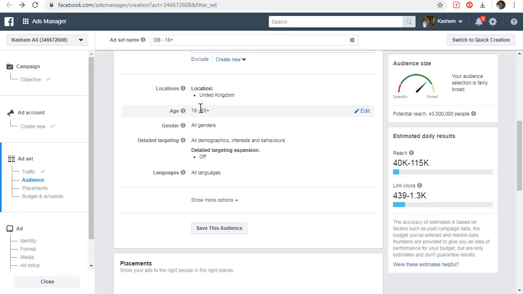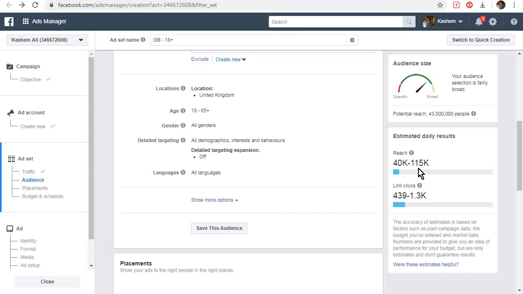The age group I leave open, gender, both. The detailed targeting I leave open. I allow Facebook to crawl through their database to get me what I want, and then narrow down after that point. So initially the first stage is keep everything open. Now the reach here, you'll see, is between 40 to 115,000.